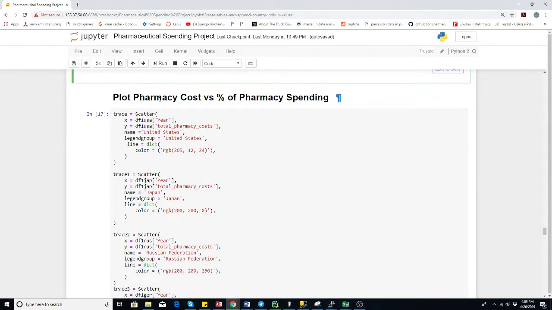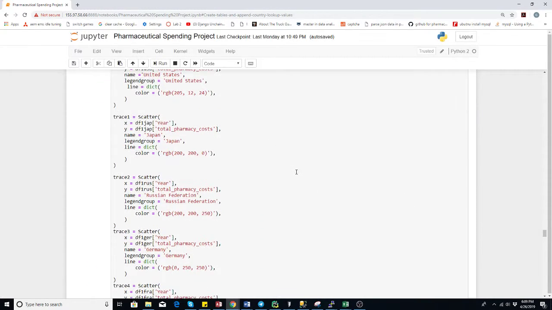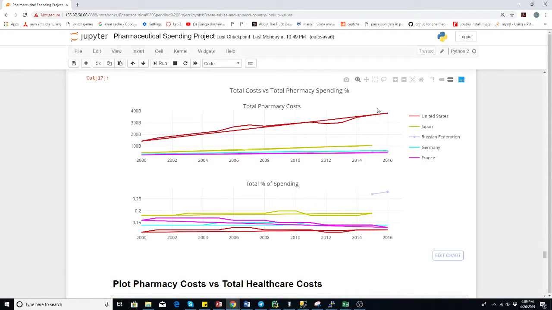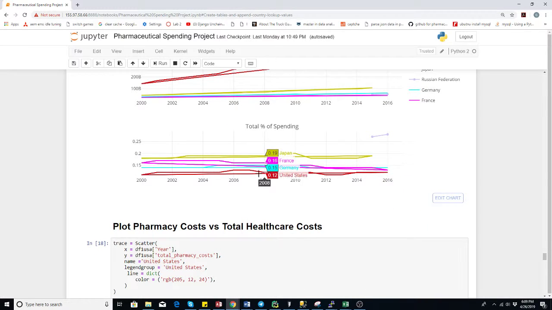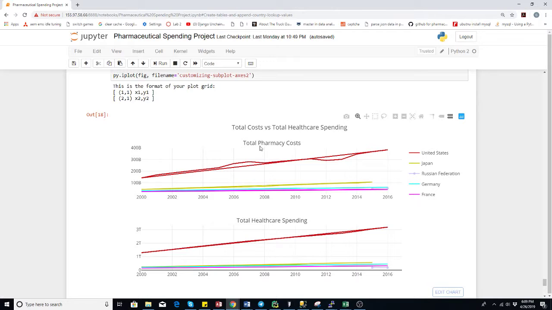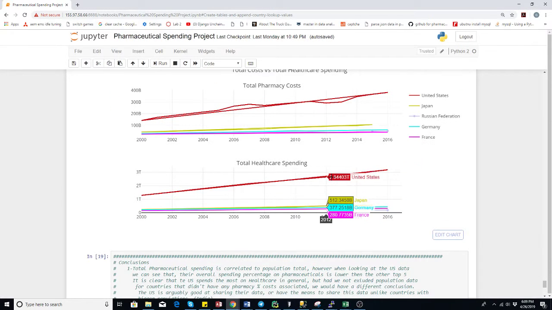Next thing I looked at was pharmacy costs versus pharmacy spending, which we'll see here. We see our data here, and here's the United States up here, but what's interesting is their actual pharmacy spending is consistent across everybody, but the United States is the lowest of our top 5, which I thought was interesting. Last thing I looked at is total pharmacy costs and total healthcare spending. We can see the US has increased drastically, where everybody else has increased at a pretty linear rate, which I